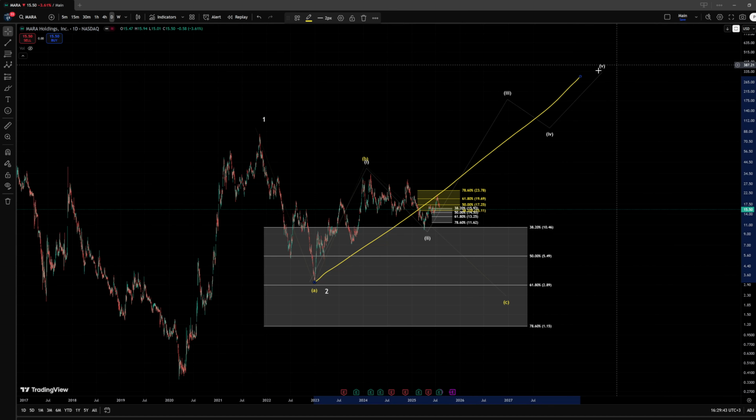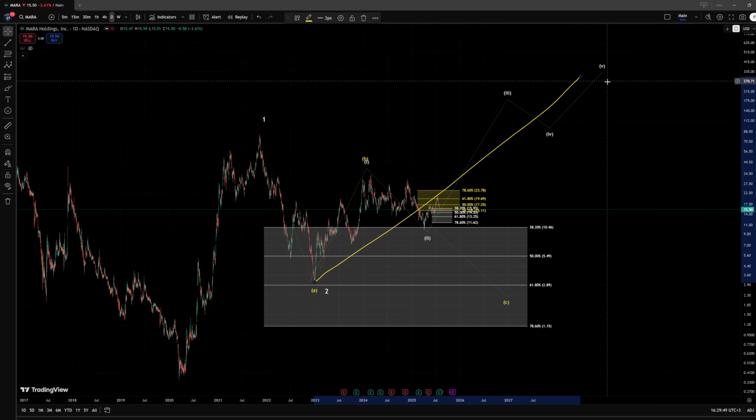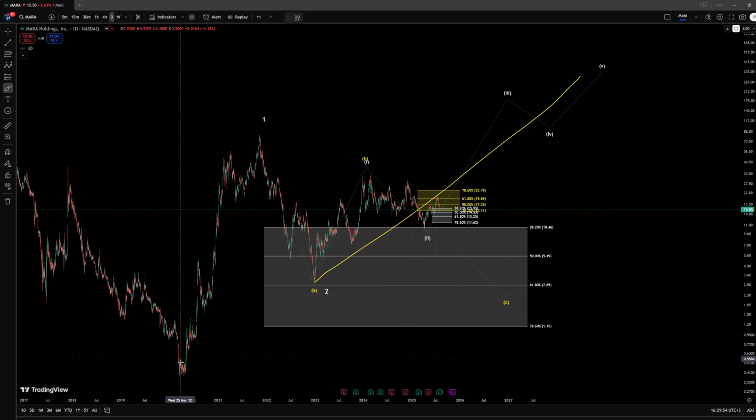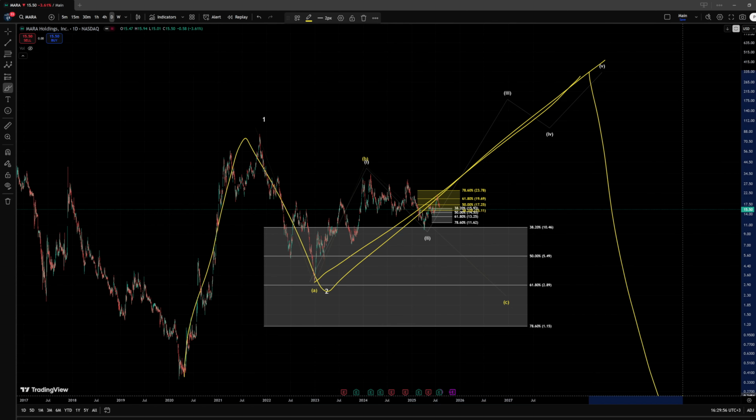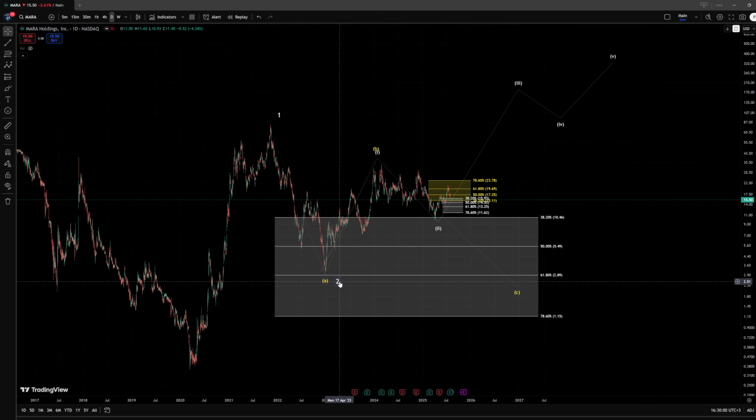Then we would need to see a 5-wave move, and then we can debate if we can find support and push higher in the third wave of the third wave, or if we only completed a large ABC and we are going directly lower. But for now we have this support zone that we reached in this wave 2,